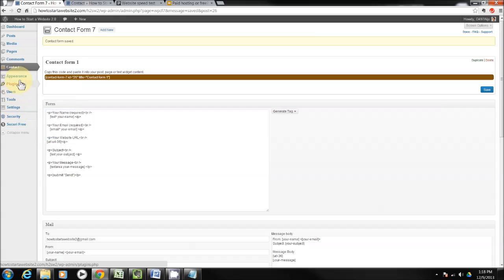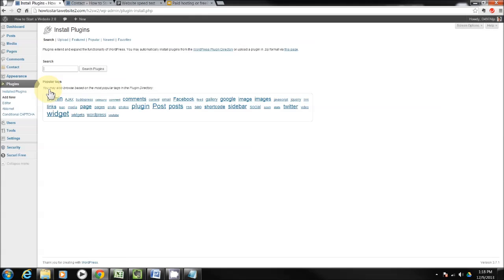So we go back into our dashboard, and once again we're going to go to Plugins and Add New. I have 2 other plugins that I think most people would like to have, and then I also have a list of some suggestions. But once again, this is going to be a matter of what do you need for your website. Obviously I don't know what the purpose is of your website, so I can't tell you every single plugin that you might need. I mean, some of the ones I'm reviewing now you may not feel like you need, but at least now you know adding plugins is not that hard, searching for them is not that hard,